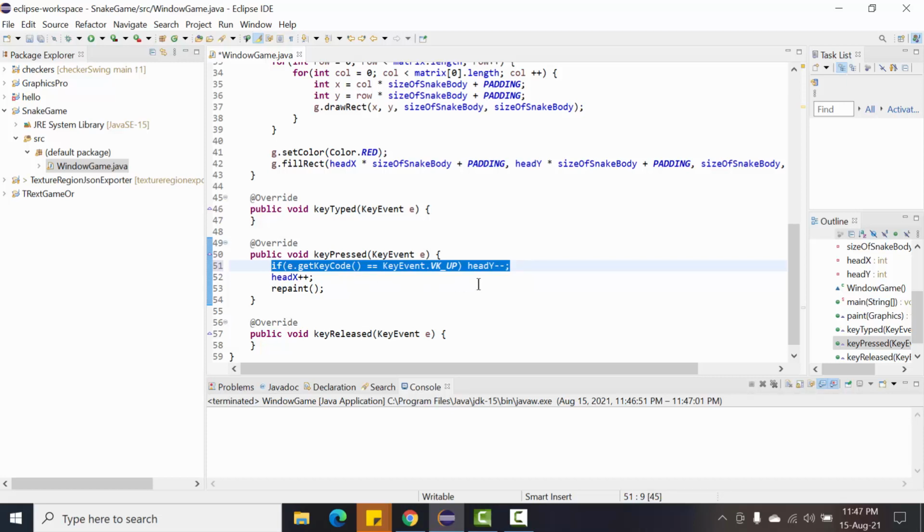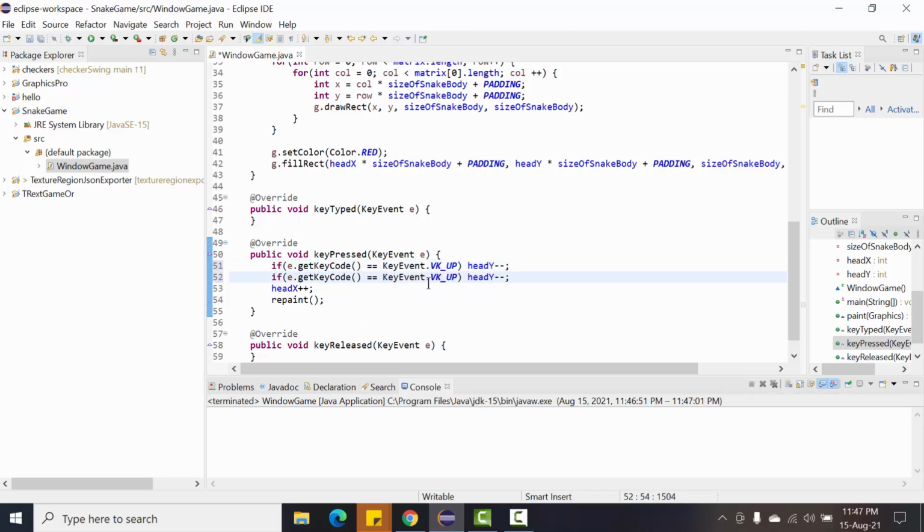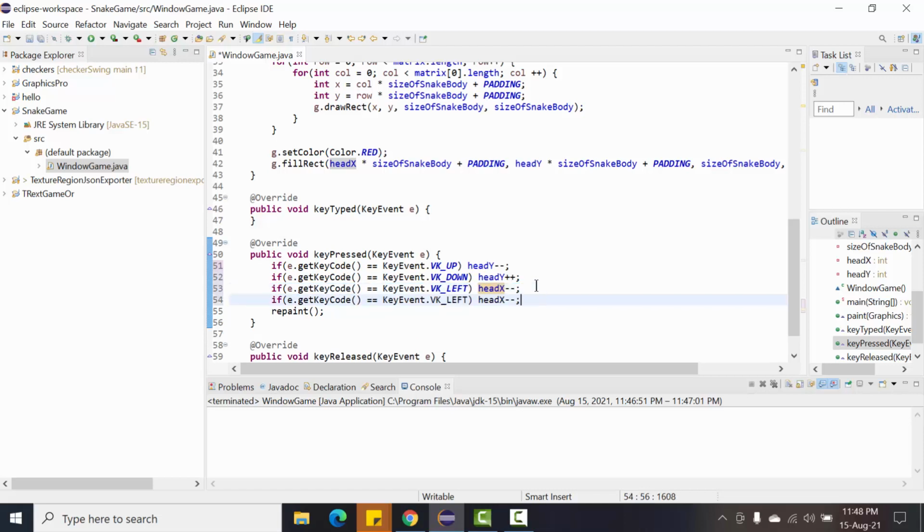And for another, if key code is down, I will increase. Another one, left, I will minus head s, and the last one, if key right, I will increase. Okay,